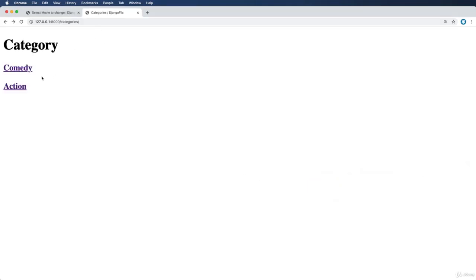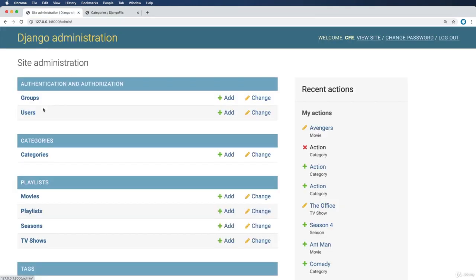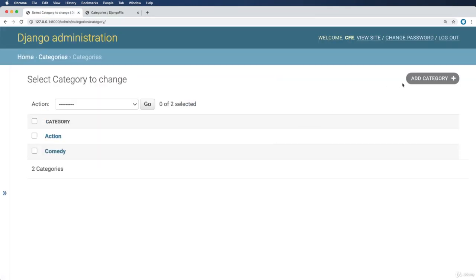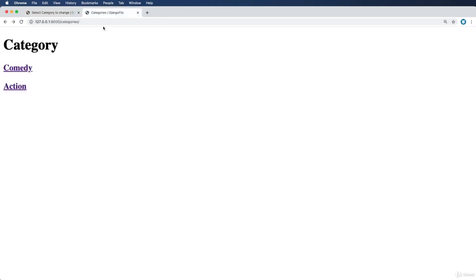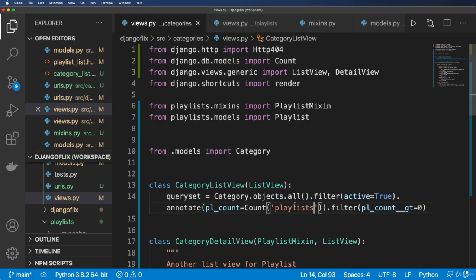And now when we go into categories, we still see these. These do have a count. So let's go in here and do categories again. This time I'm going to go ahead and add drama as a category and refresh in here. It's not showing up. Okay, so that's when you would absolutely want to use the annotate feature and count up